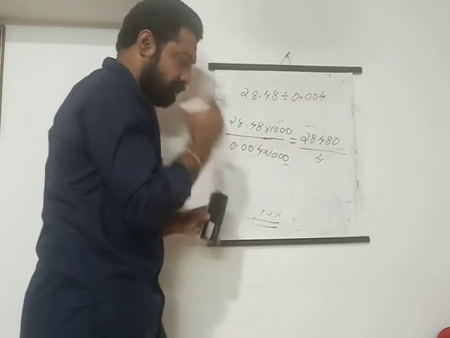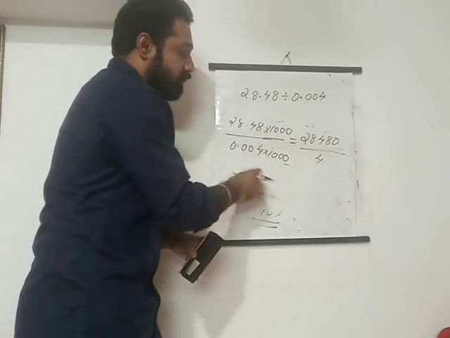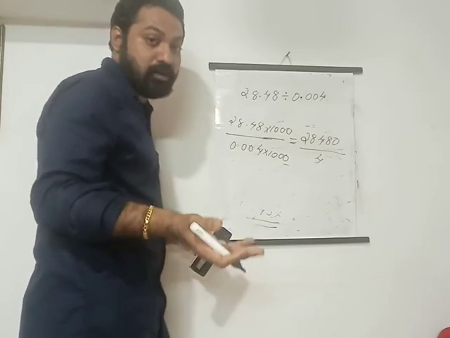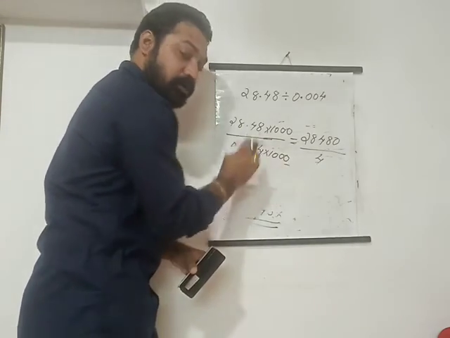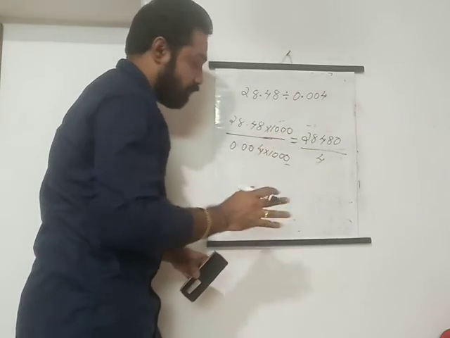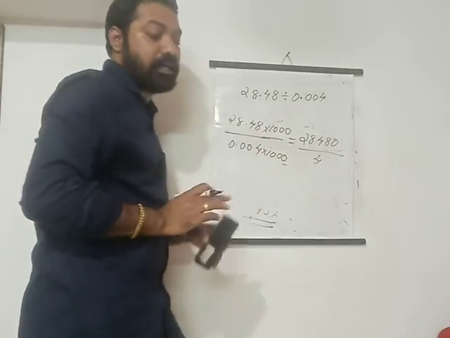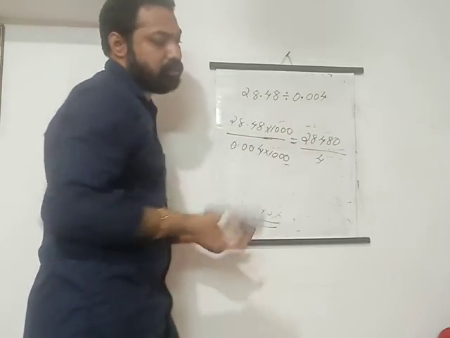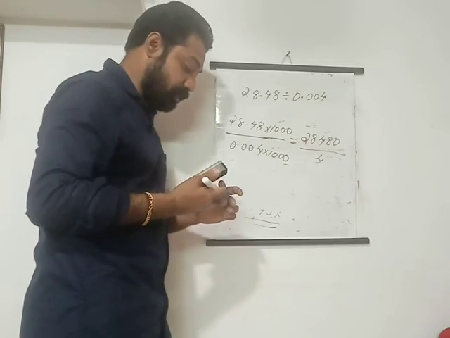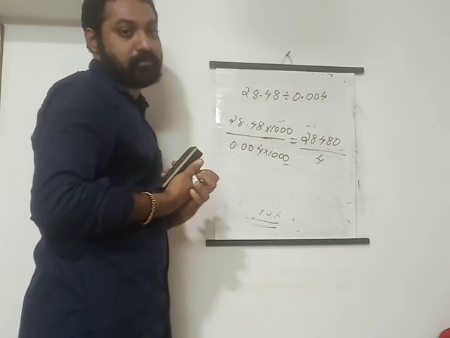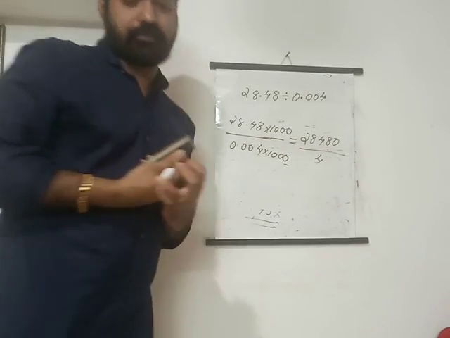You just divide it. So sometimes we get it like that. Whatever it is, just think about the denominator. Convert the denominator part into a whole number. For that, you must know what to multiply. Then that same number you have to multiply on the numerator too. Then just divide. So I hope you understood how we are dividing decimal numbers by decimal numbers. Okay, so that's all. Thank you.